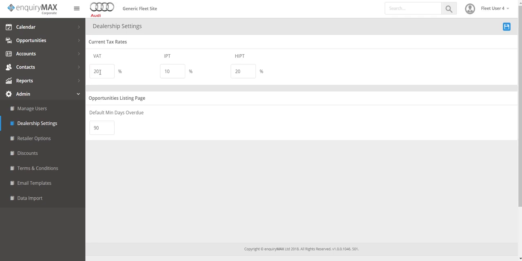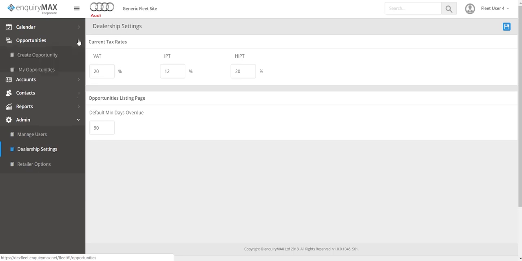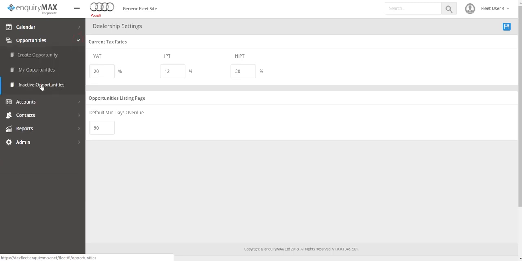So you've got the value-added tax there, insurance premium tax, and then higher rate insurance premium tax. So I believe that is 12%. And then here is the default min days overdue. So when you go into your opportunities page, there is a section that says inactive opportunities. So any customer or any account or anything that goes overdue by more than 90 days will go into inactive